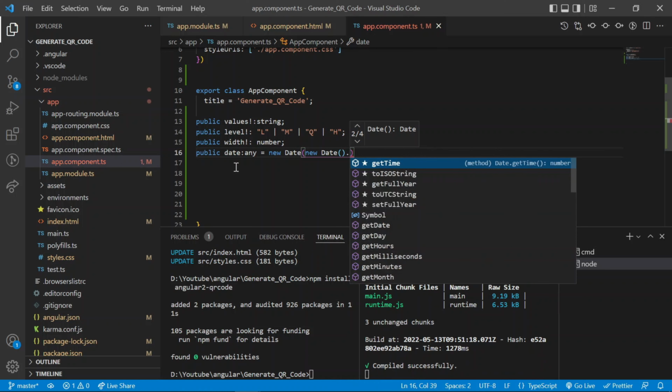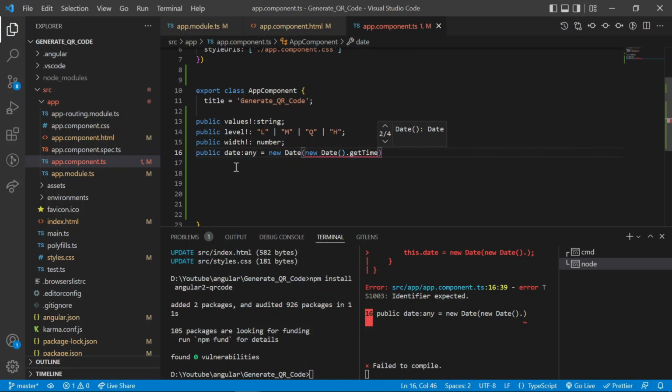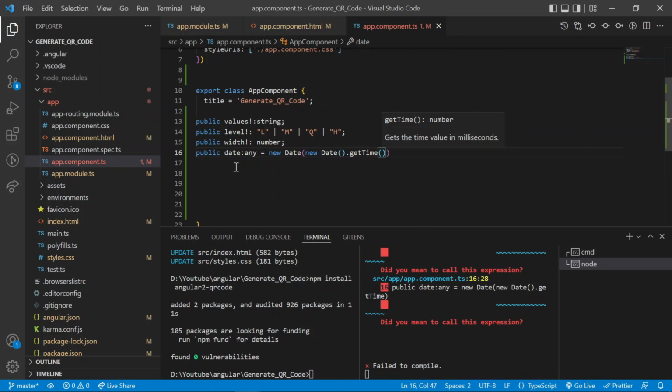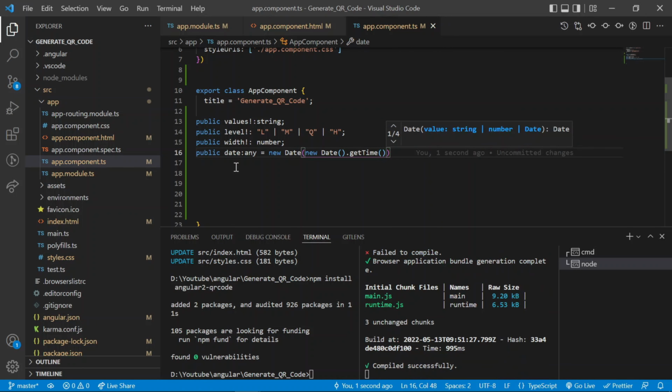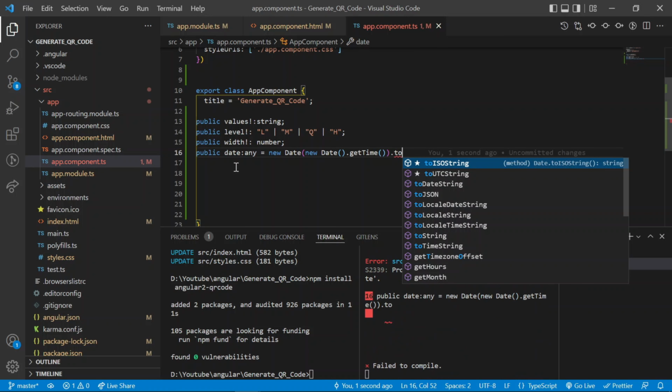First I will take the time. So for that, the getTime method. Then I will convert this to a string, so toLocaleString.